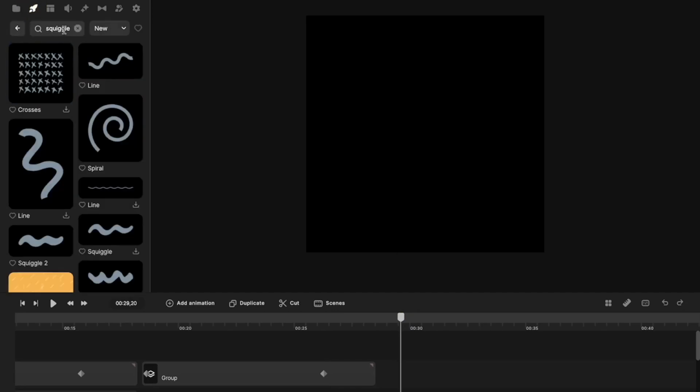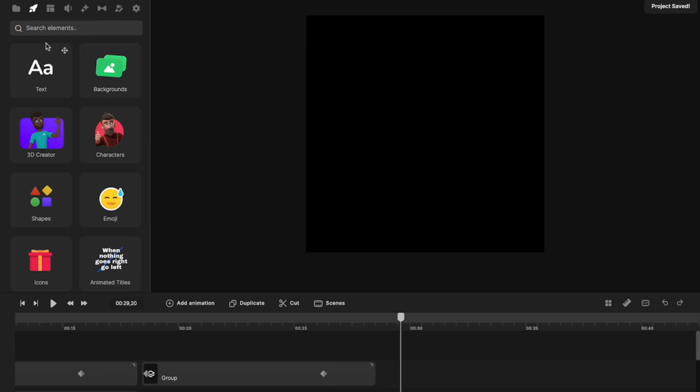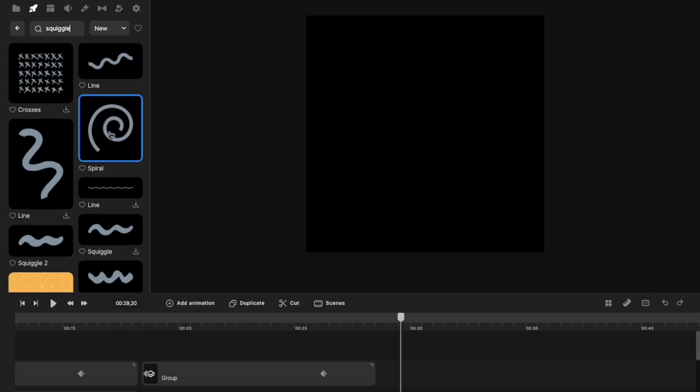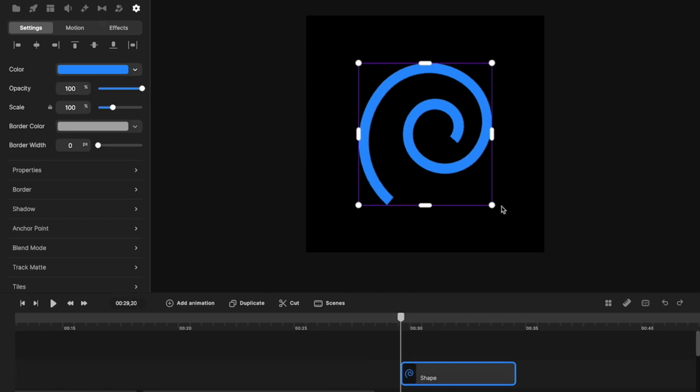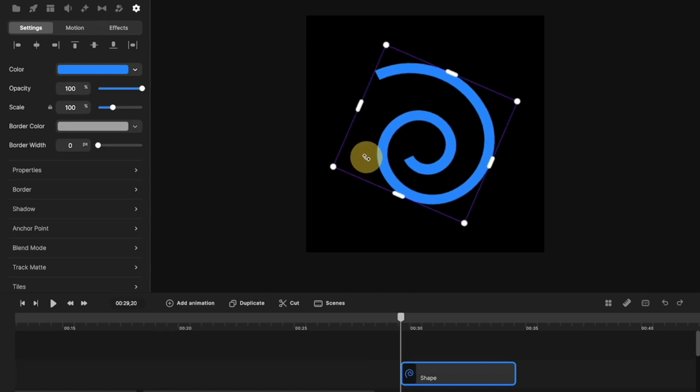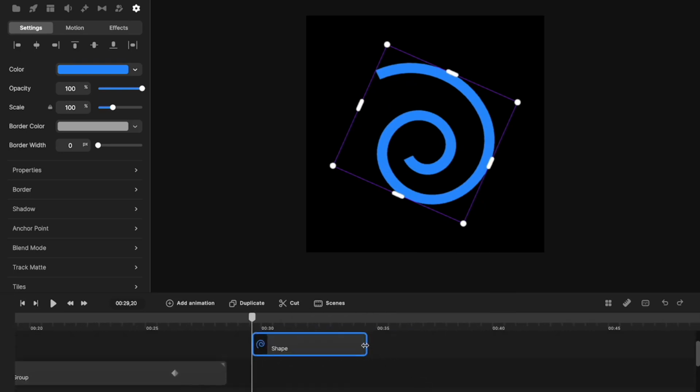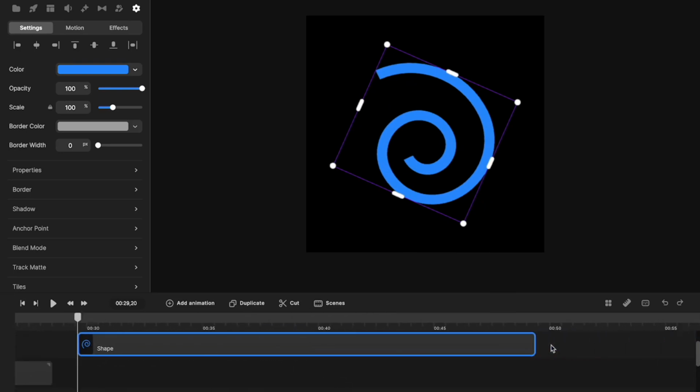But what I did, you can already see I did squiggle. What I did is I was just trying to find something as a guide. I just went and I typed in squiggle and I liked this one. So I dragged it over and I don't know why, but I started it like that with the bigger more open part at the top. You can do it however you want. Then I just extended it